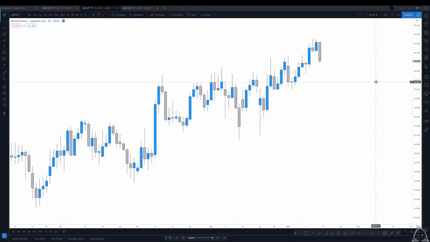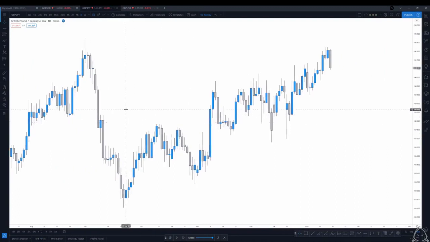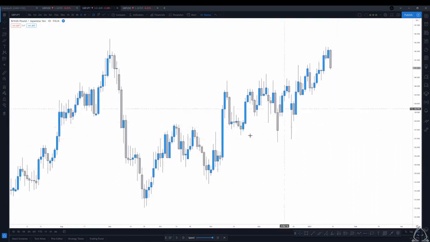Let's put it all together. We're going to do it on pound Japanese yen. Now we're going to start on the daily chart. We're going to do a top-down analysis on this particular pair. And what I like to do right off the bat when I open a chart for the first time is